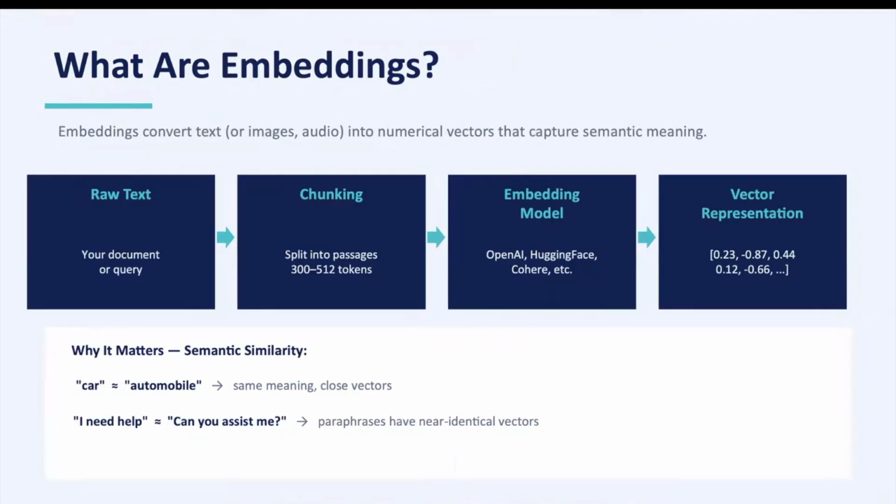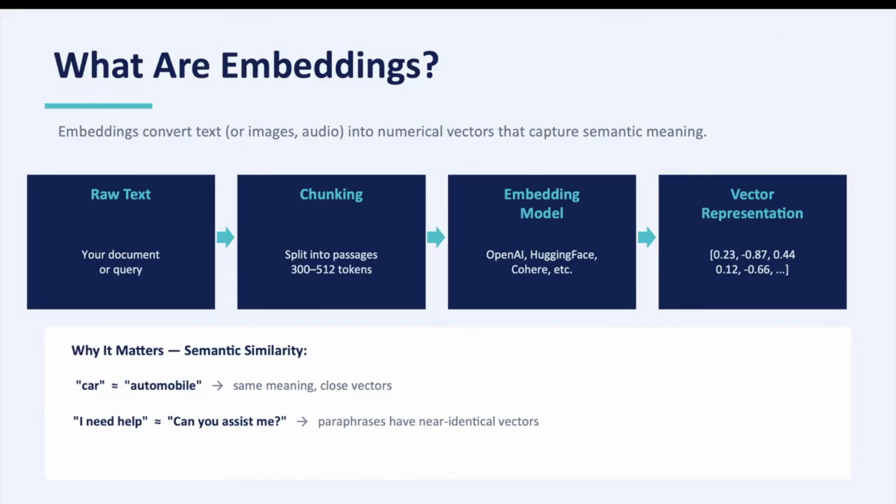Okay. So we just saw that. Now, what are embeddings? How is the embedding going to work? So raw text, we have to chunk, as I said. The industry standard is 300 to 512 tokens. And then using the embedding model. What is the embedding model? The most powerful or most used models are from Hugging Face, and OpenAI also has its own model, so that it will convert your text into a decimal format. They call it as a